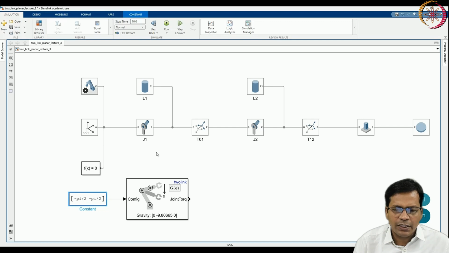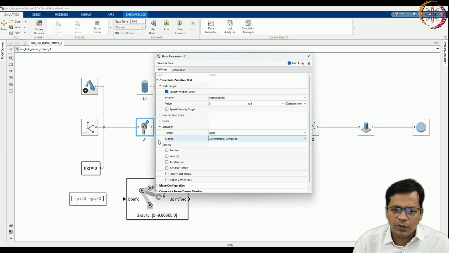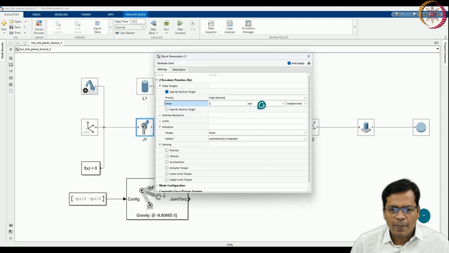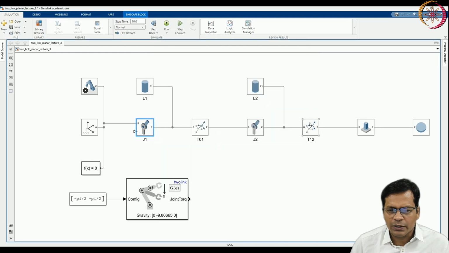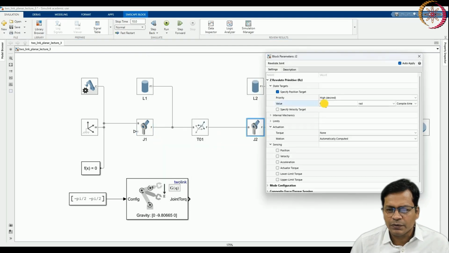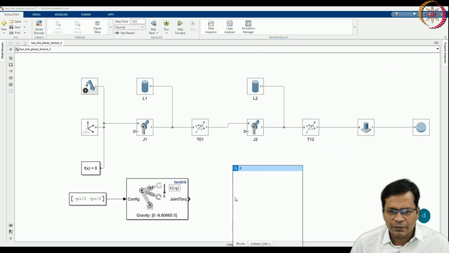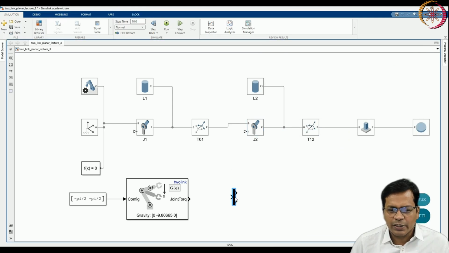That is the initial configuration where you want to keep it stationary. The value here is minus pi by 2, provided by the input. Torque is provided by the input again. These are the joint configuration, and motion is calculated automatically.